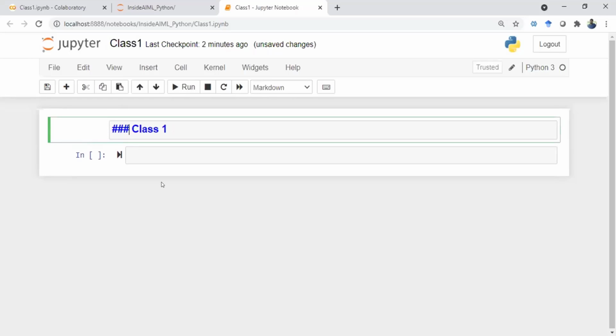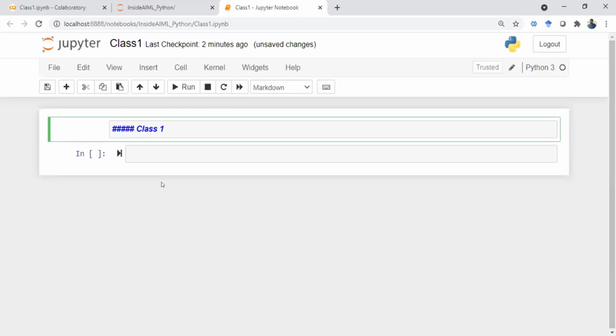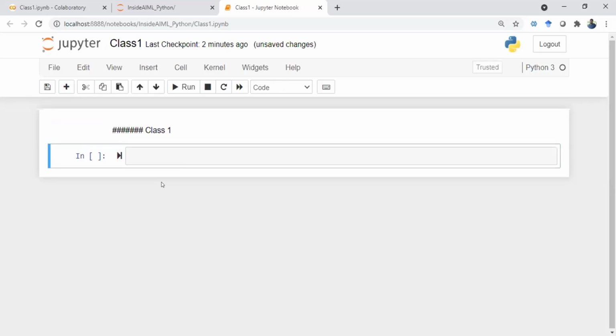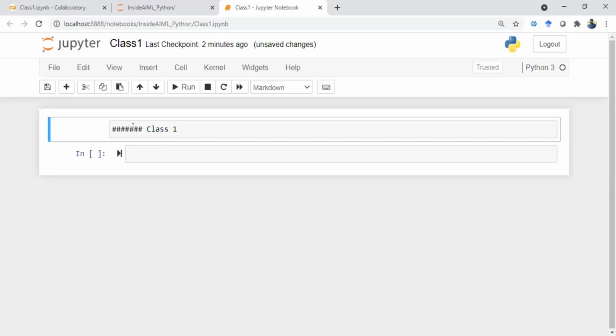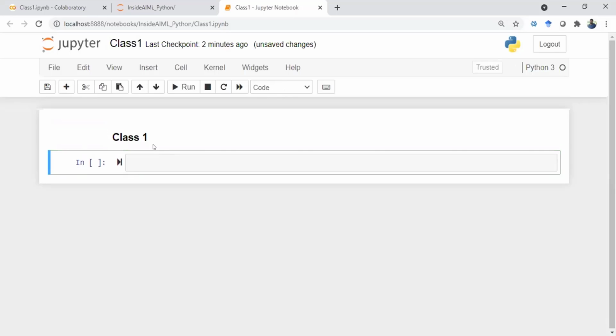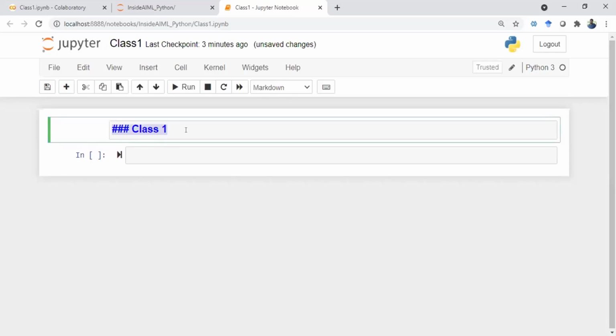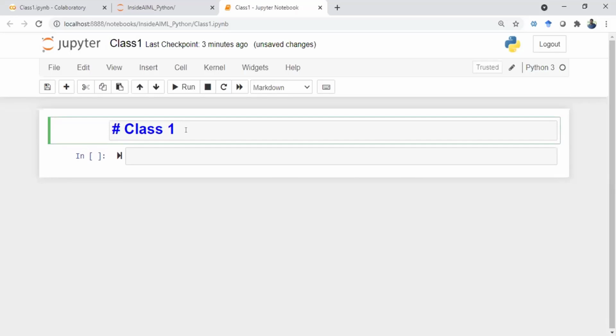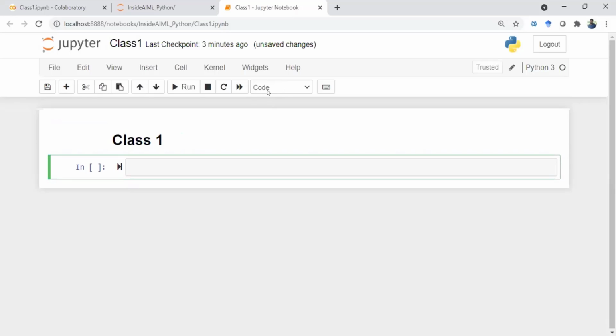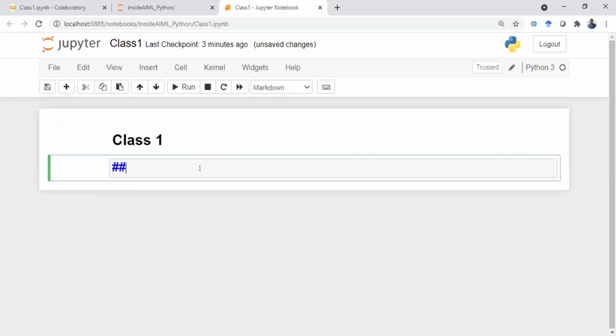So you can use up to 4 hashes for reducing the font, and the 5th hash will make the font italics, and the 6th one will also make it italics, but from the 7th one onwards, you will not get anything else. You will get all 7 hashes appearing as such. So for example, you can just specify the size that you want. Okay. So Class 1 can be a bigger font, and the next one you can make as another Markdown and say Text size 1.